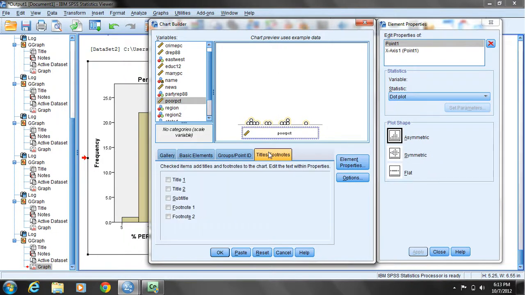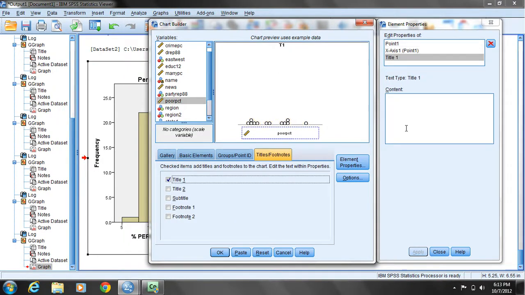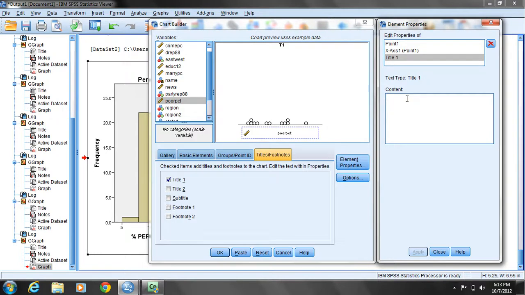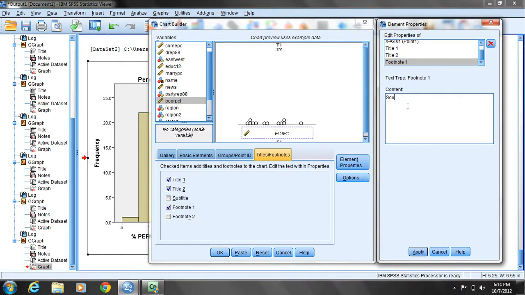I'll also click on titles and footnotes. The first title, and I enter in the content window, is dot plot. Apply to enter it. Title 2 would be percent of state population below poverty, 1979. Apply, and again I'll add my footnote, the source,